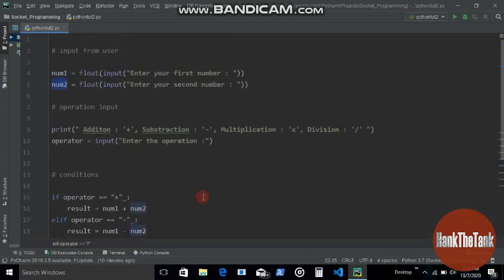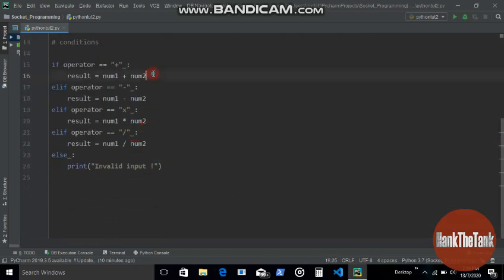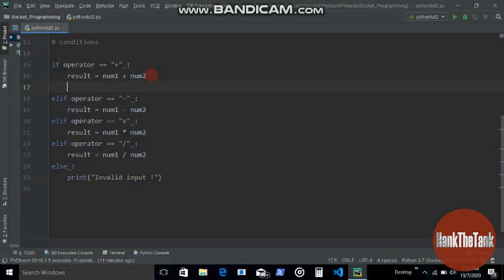So that's basically it for the calculator. Now let's run and let's see. Oh, we didn't print it out. So once all this gets executed, we want to print out